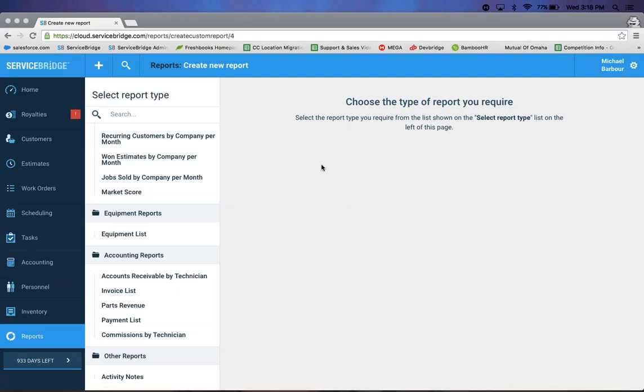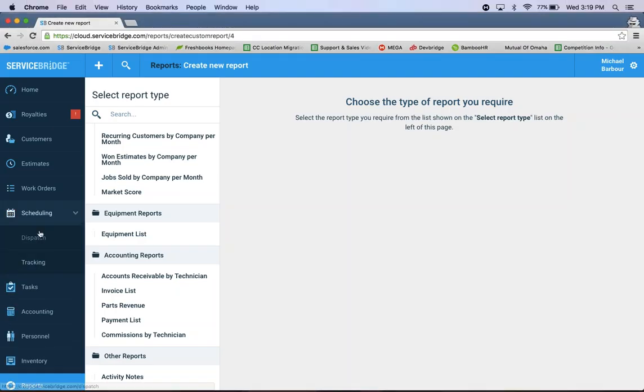Yeah, good question about the scheduling. I'm guessing you're asking about the dispatch board. So we have created a new scheduling calendar. It's sort of released, but sort of not. There are a little bit of bugs in it that we're working out.